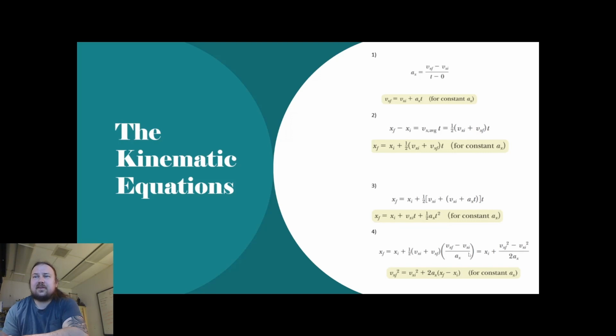And finally, your last equation. I promise I will make sense of why we are doing all these steps so many times. In the last equation, we take one that we know, and we substitute in time. We rewrite the first equation for time, and make that substitution. So we take the first equation, solve for t, and plug t into this equation, and we end up with this equation,